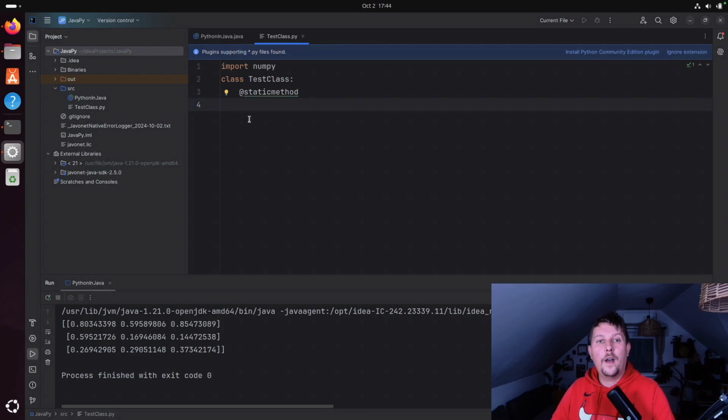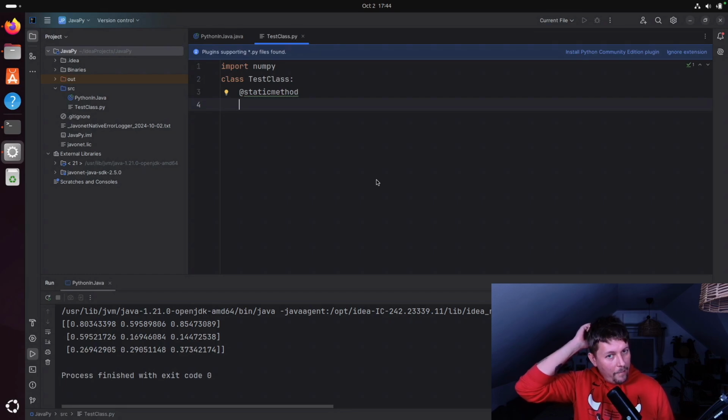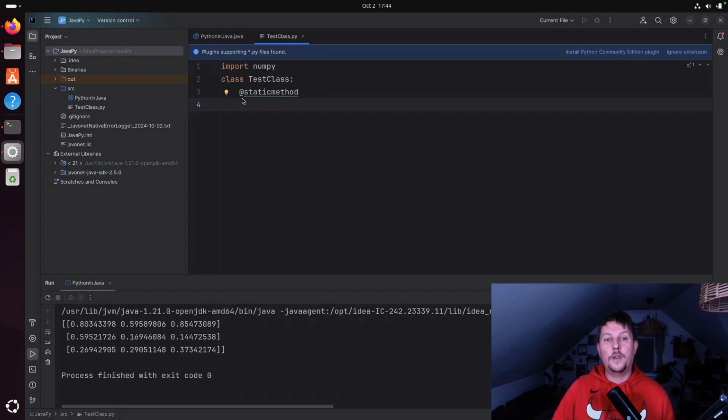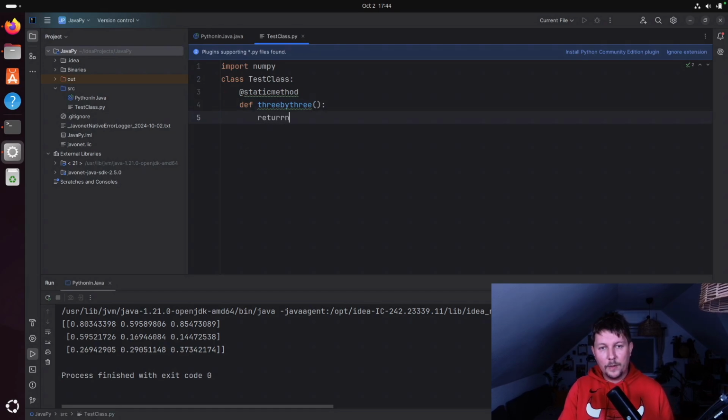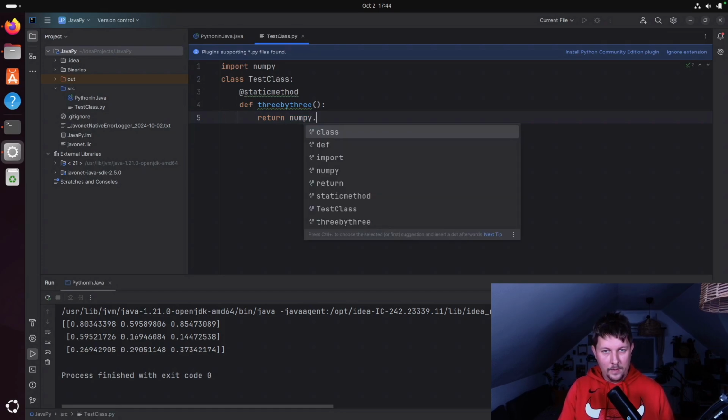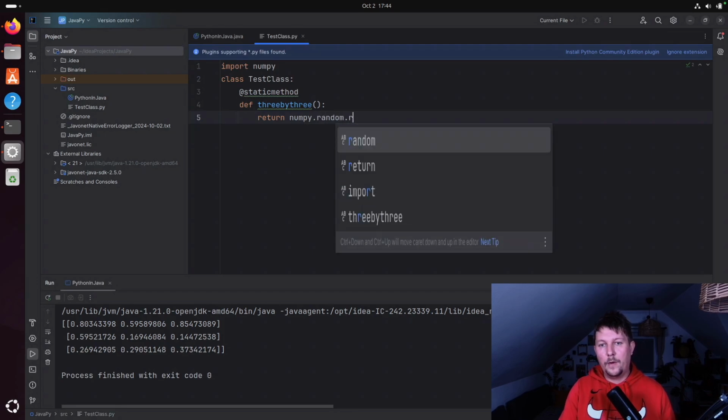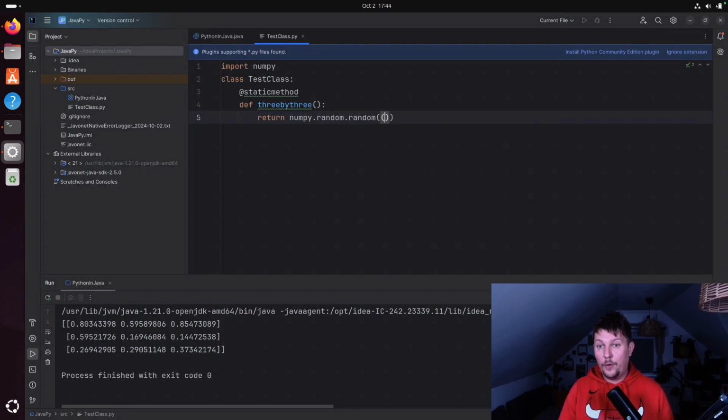So here we are at the gates of hell, so to speak. So what we want to do at first, I have a small to-do list. So we want to have a 3x3 matrix, which has random values. So let's call this 3x3, and it does not have an argument. And what we want to return is the numpy dot random,